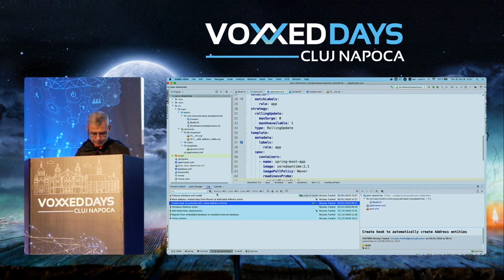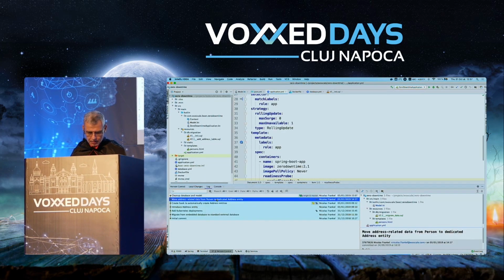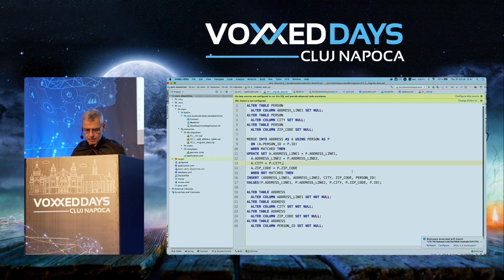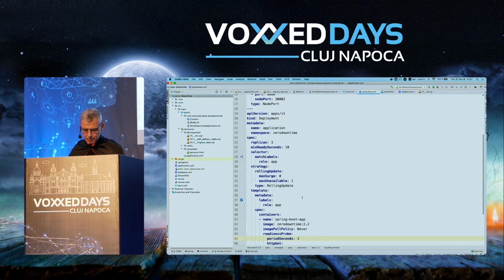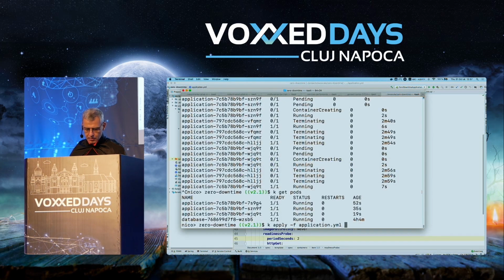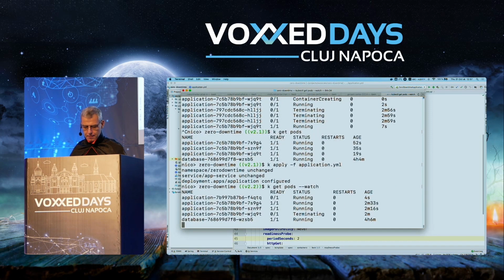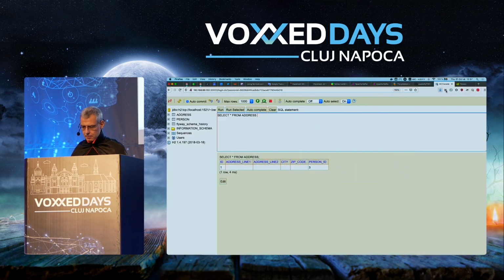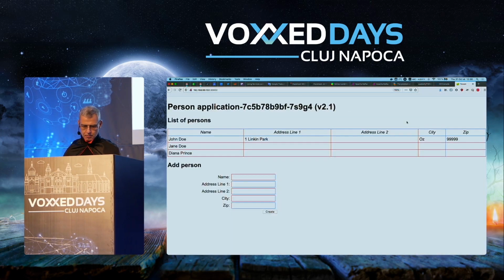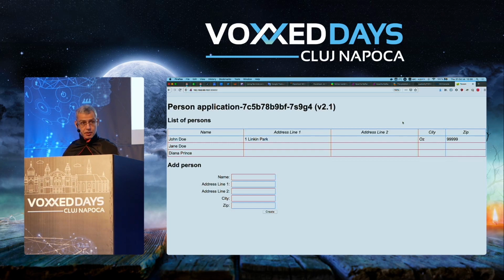So I will check out that one. Now this new migration removes the constraints, adds constraints, and does the migration. And normally, I should check here, it's to the 2. Now I will migrate to this version. I can still use it.